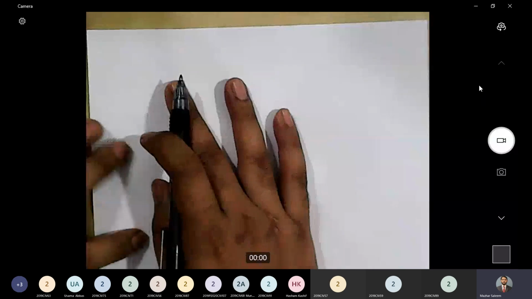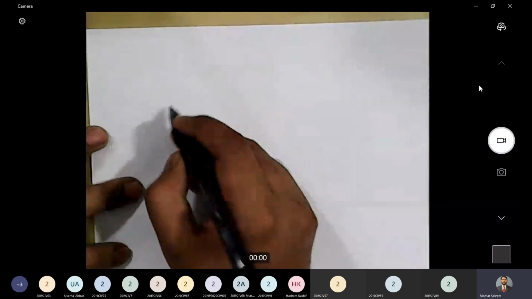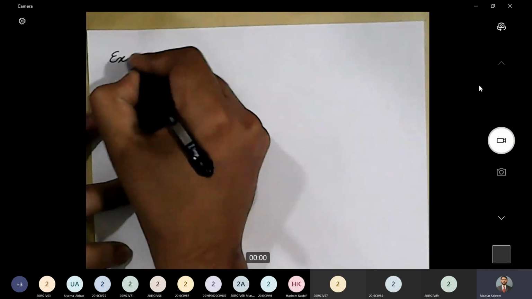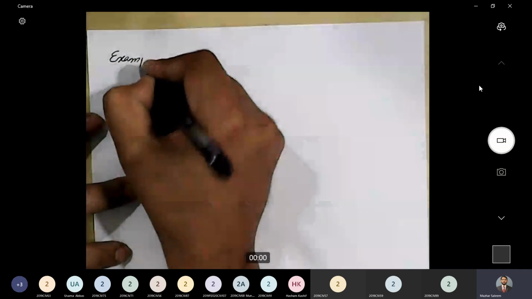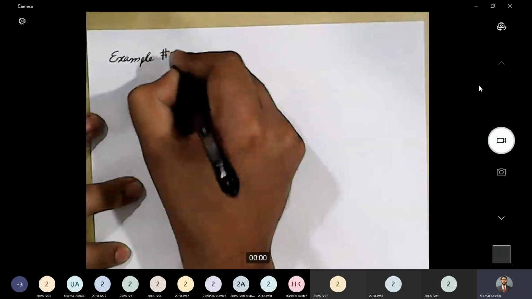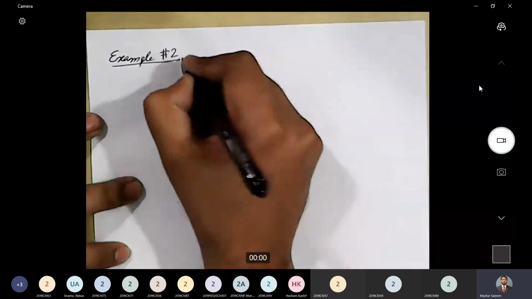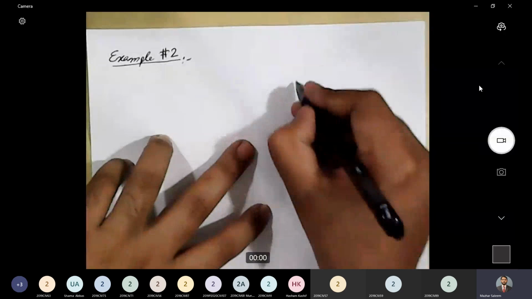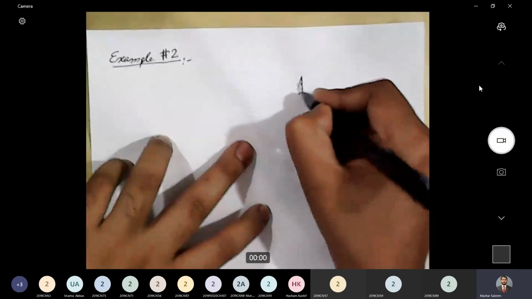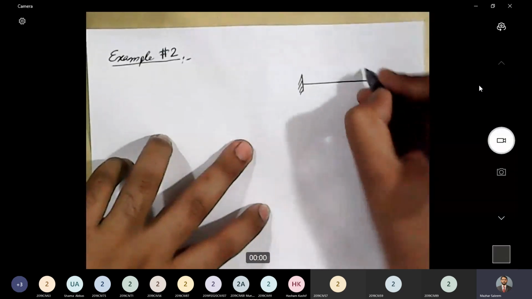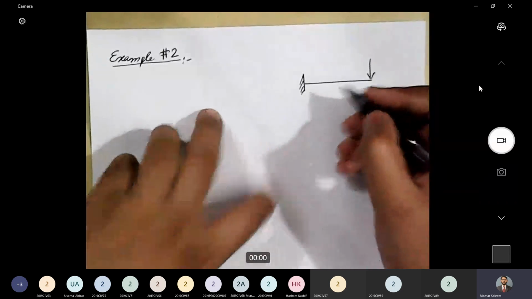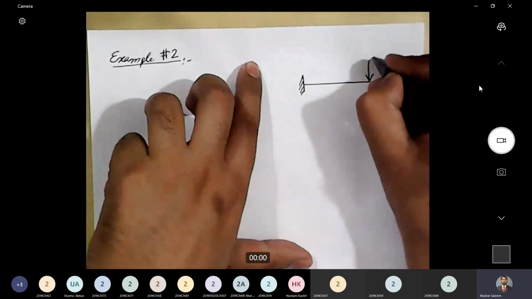So now we are going to solve a second problem related to shear force diagram and bending moment diagram. Example number 2. And this example is related to a cantilever beam. So we have a cantilever beam subjected to a single point load,